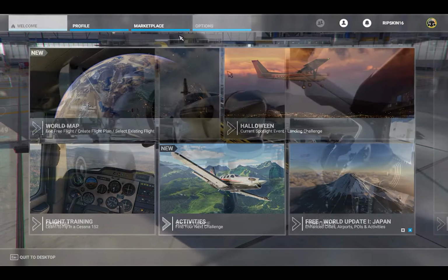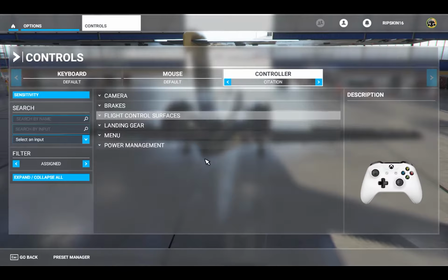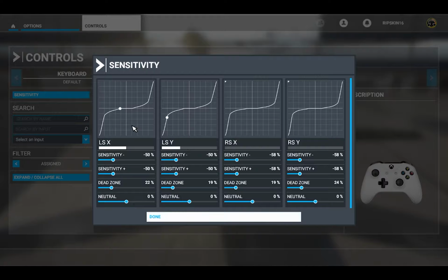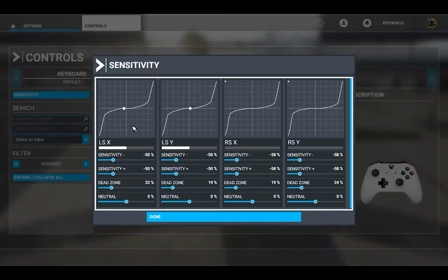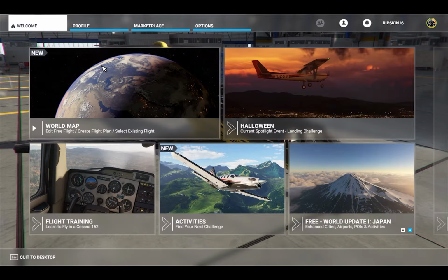Good evening. I wanted to go back in here. I mentioned I was going to play around with it a little bit, so I tweaked my sensitivity. This is my old Citation one that was set to minus 90. I dropped it down to minus 50, and I'm curious now how this is going to handle what's going to go on when I try to fly these planes that have plagued my existence so long, particularly the awesome Longitude,